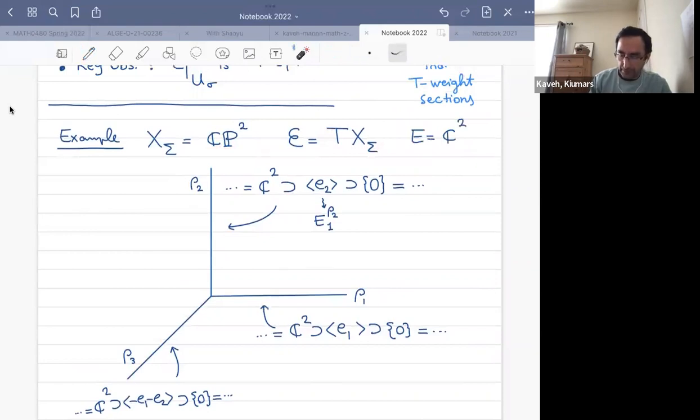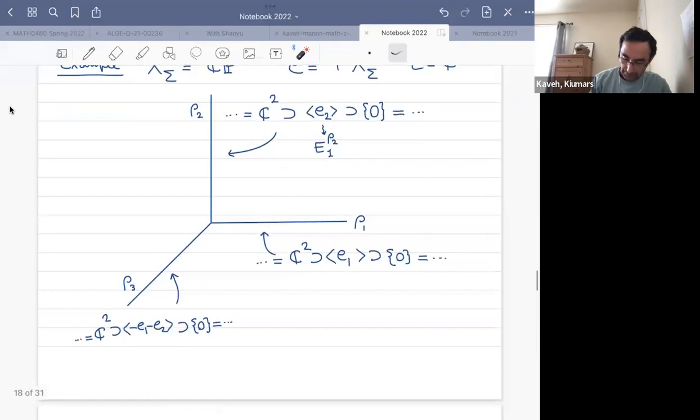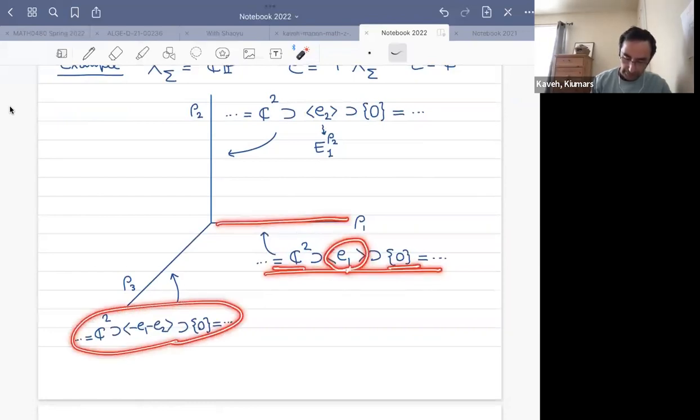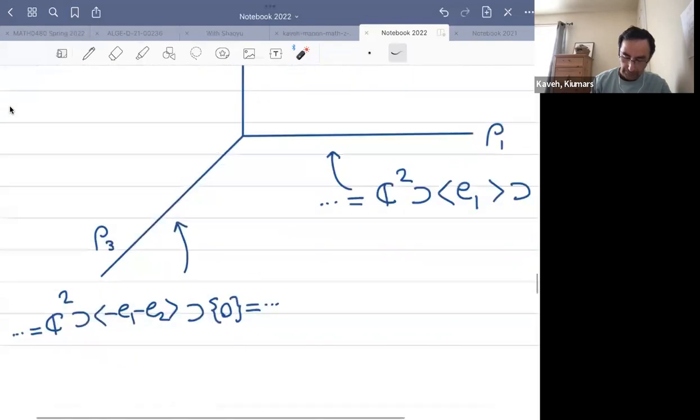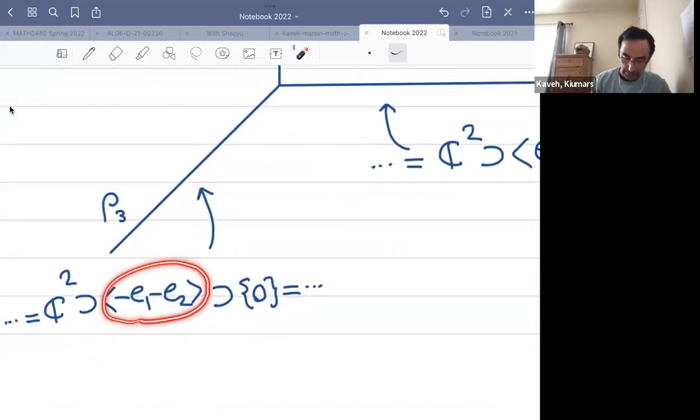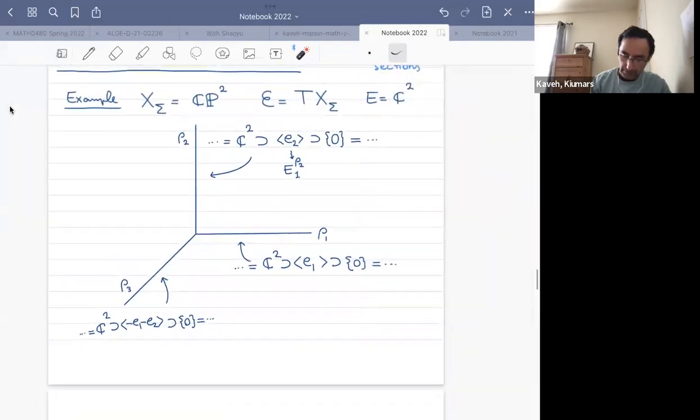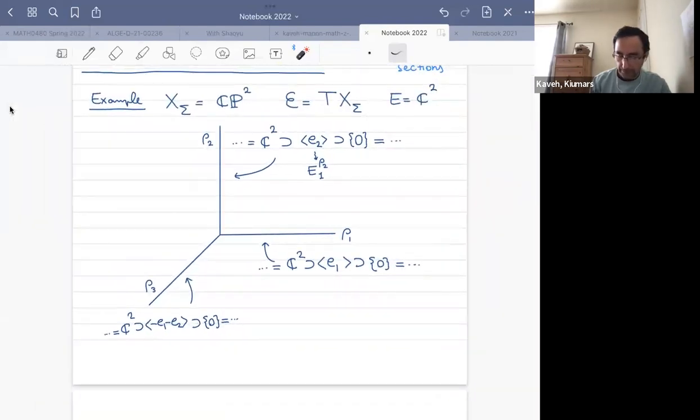And you have a standard basis E1, E2, and then you have a filtration here. At position 1, you have this. At position rest is 0, before is C2. For this guy, you have this filtration, a line, origin C2 at position 1. And then here the filtration is line minus E1 minus E2 generous. So you have 3 filtrations, with basically it means 0, 0, 0, a line, and then the full space.